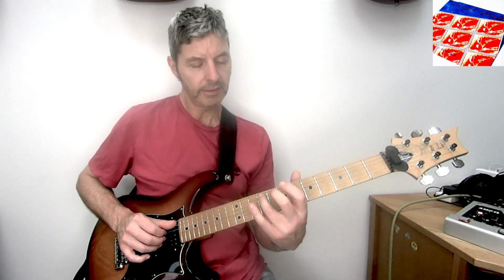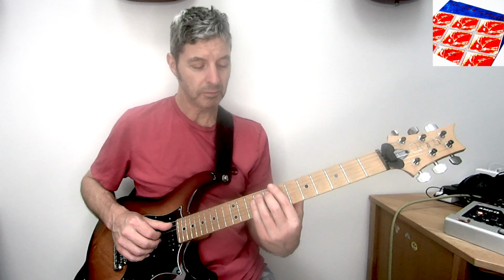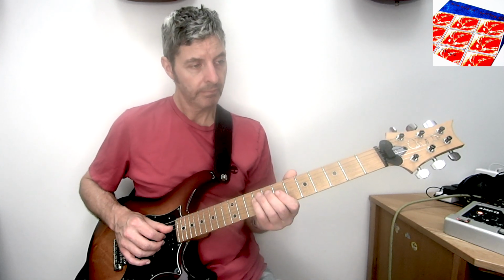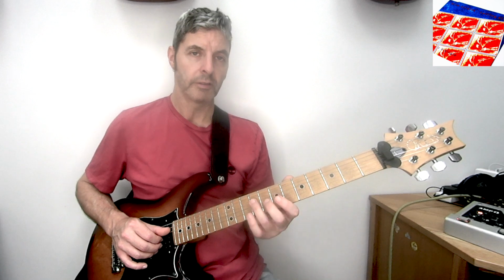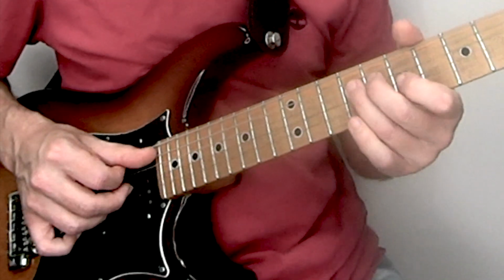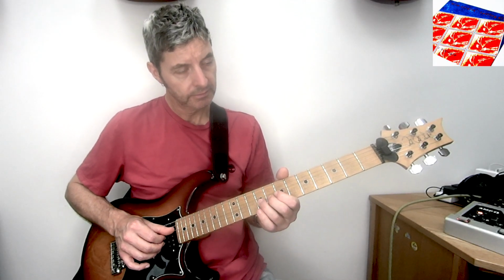So that's another slide into the 9 on the 5th string, outlining the B minor chord again. 9 on the 4th, 7 on the 3rd, 6 on the 3rd, 9 on the 4th, which is the root note, the B. And then the next phrase is,